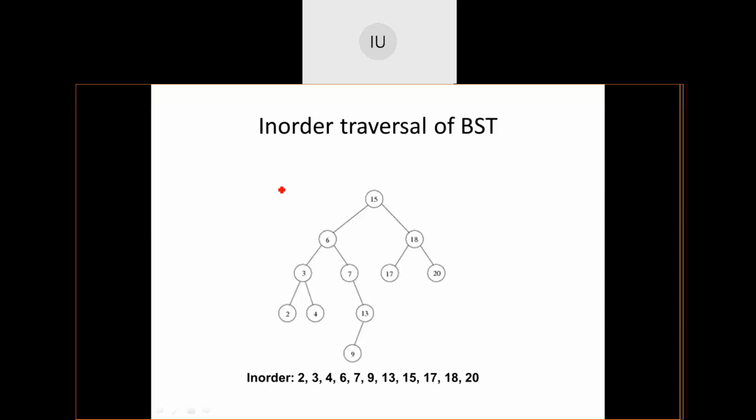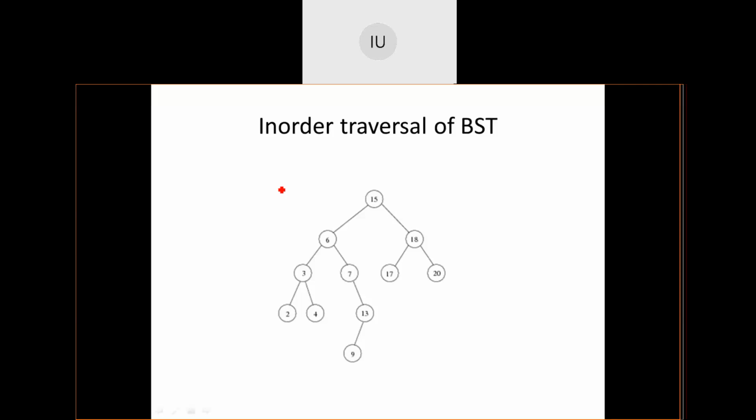If you take up this particular tree, quickly, can you write the in order traversal? Done. So did you get the ascending order of all the elements?